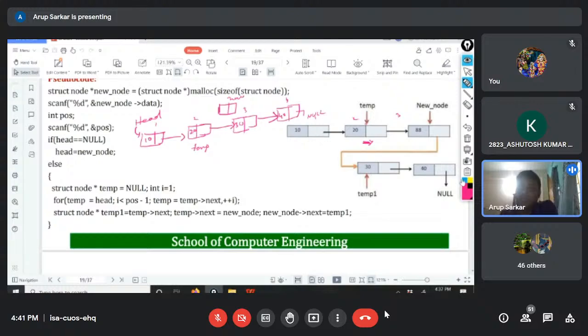What will be the case if you are able to connect this way and this way? Then it will be inserted at the particular location, and for that, suppose this address is